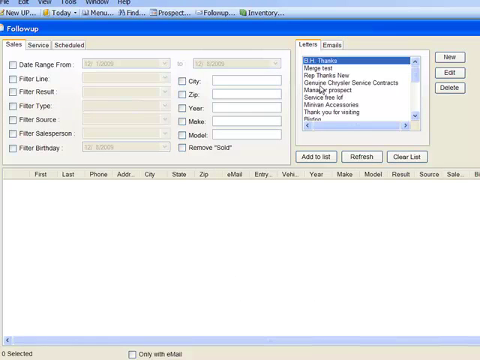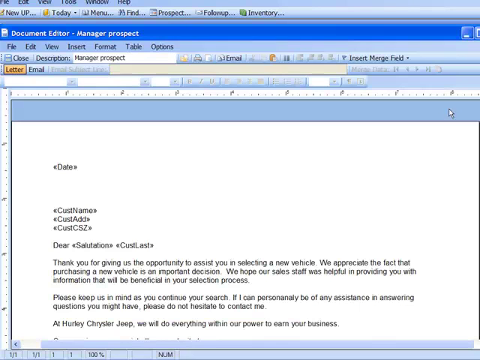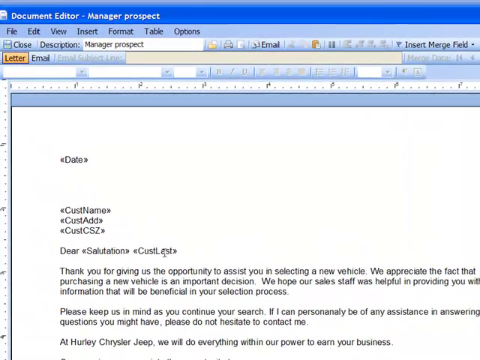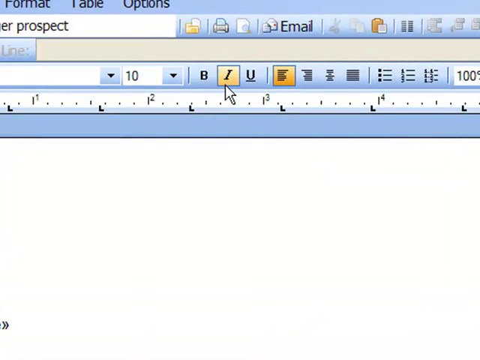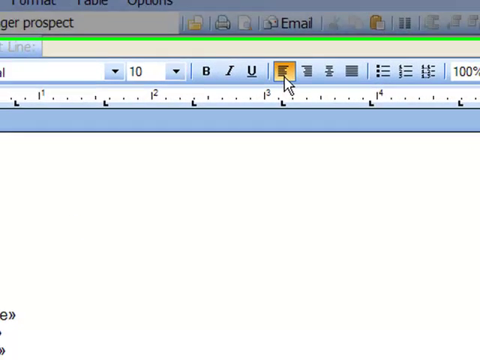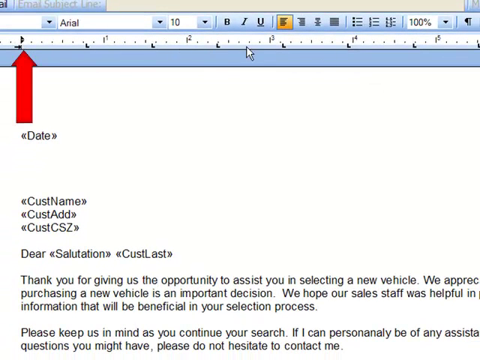Now, here's what the new stuff looks like. You still assemble your list of people in the same fashion as you've become accustomed to. And here's a letter now. Let's look at the subtle differences. Some of them not so subtle, actually. You can see up top that you can make things bold. You can use italics, underline. You can change your margins. There's all sorts of new features that you can take care of right here